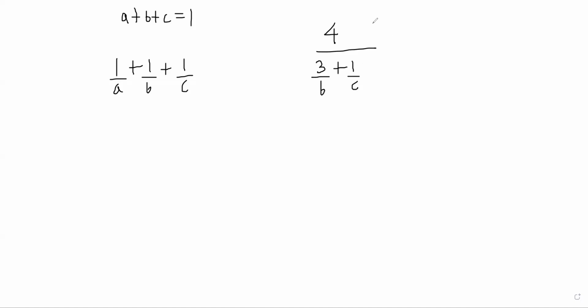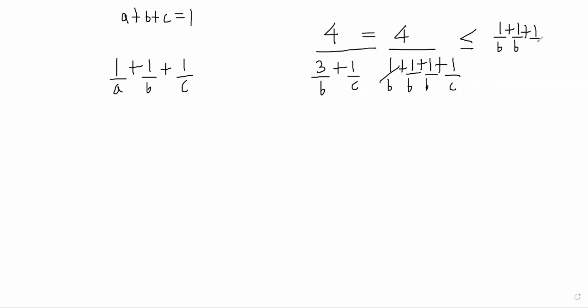This is the HM is equal to 4 by 1 by b plus 1 by b plus 1 by b plus 1 by c will be less than equal to the HM will be less than equal to the AM, 1 by b plus 1 by b plus 1 by c plus 1 by c by 4. So from here we will get that this will become